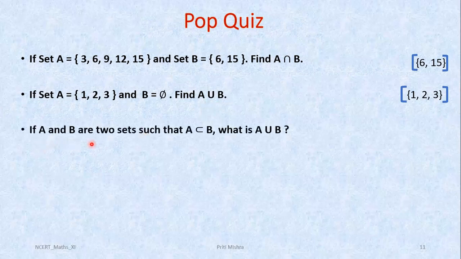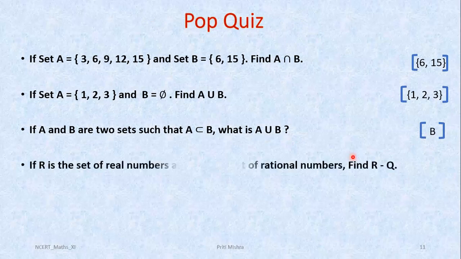If A and B are two sets such that A is a subset of B, what is A union B? Meaning all the elements of set A exist in set B, then what will be A union B? Yes, the answer will be set B. B is the superset here. So A union B will be set B. Right? Next question is,